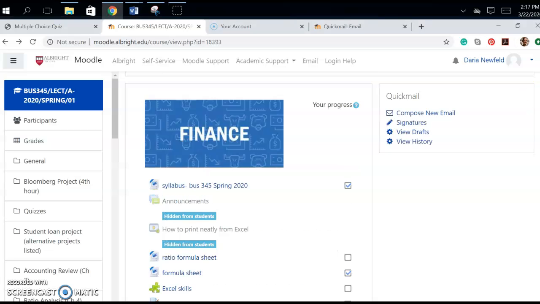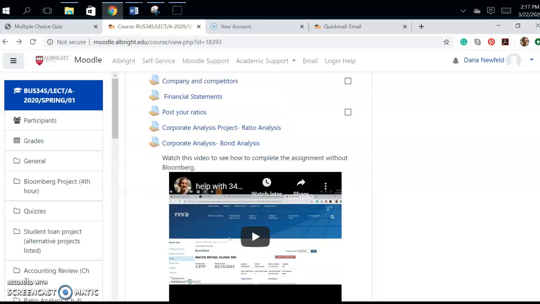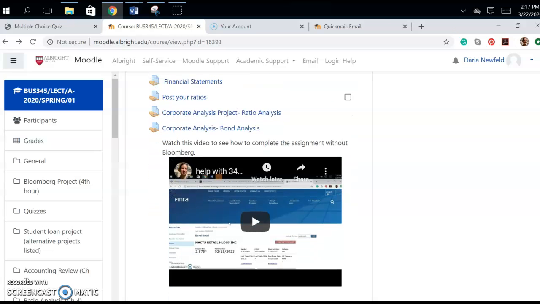Hi guys, so we're preparing for our online classes this week, and according to our syllabus, what we're doing this week is completing our 4th hour project on bonds and then reviewing for and taking exam 2. So if you look down under 4th hour projects where it says corporate bond analysis, you now see this